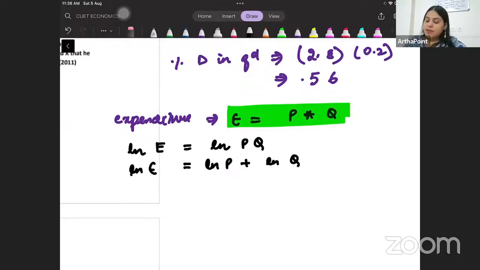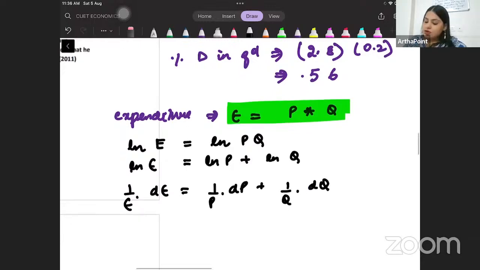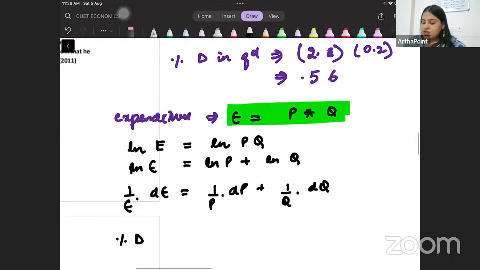So what am I saying? I am saying 1/E dE is equal to 1/P dP plus 1/Q dQ. Right? So this is going to become percentage change in expenditure is equal to percentage change in price plus percentage